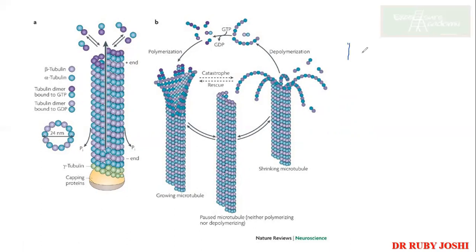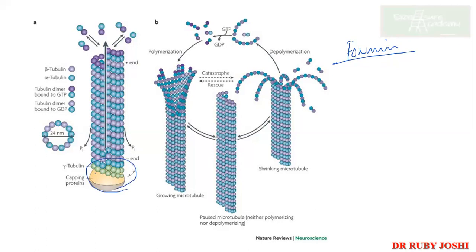Formin, right? Onto the formin dimer, your first 3 G-actin comes and forms the nucleation, right? In the same way here, the capping proteins are there. First, your gamma tubulin will come. On top of that, your alpha and beta tubulin will bind. Now, when these capping proteins are not present, then only the depolymerization starts